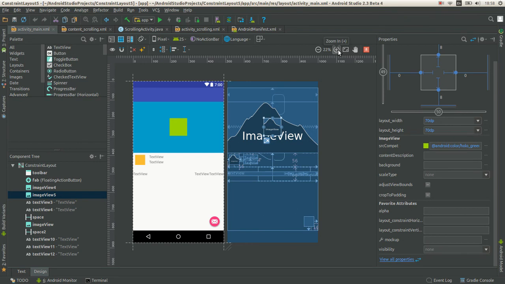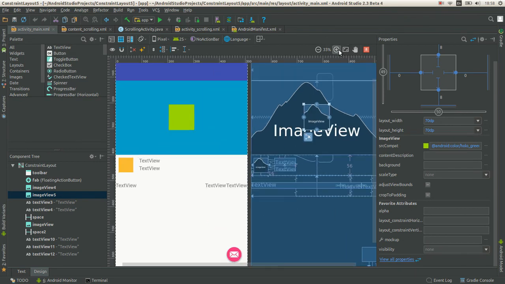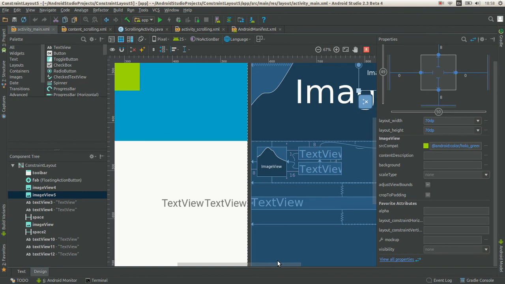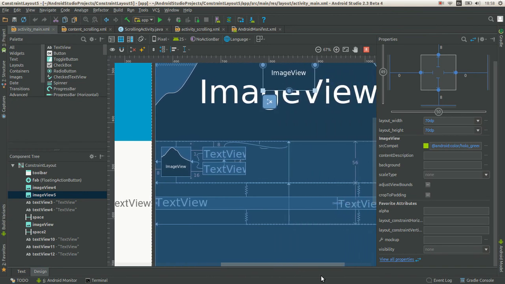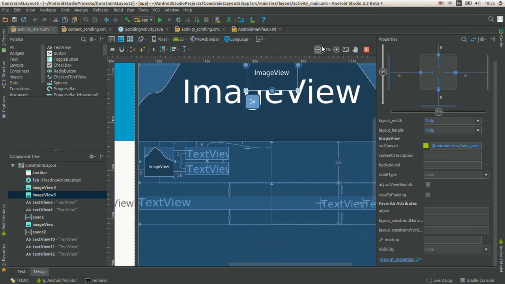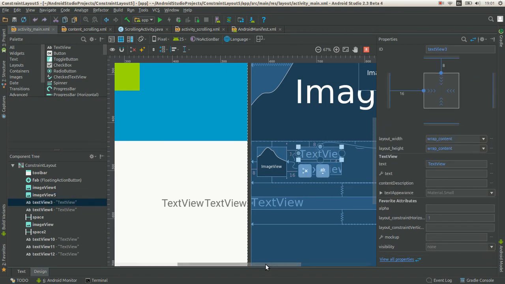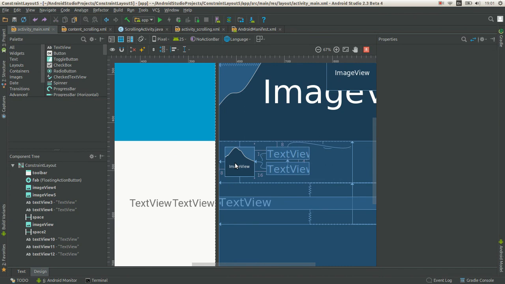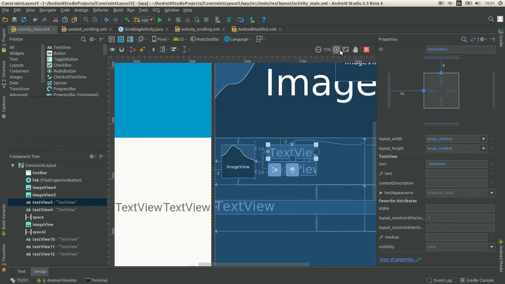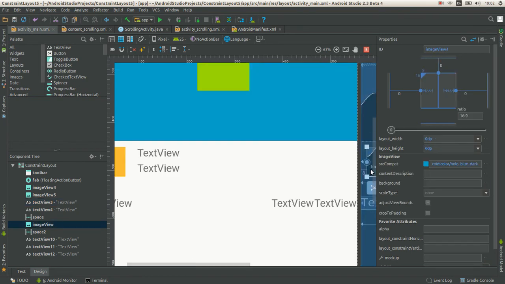Alright, and here goes the first tip: zoom in. That's really helpful when you have cluttered layouts with lots of elements. It is really hard to set up constraints. Zooming in really helps. So for example, I need to set constraints for those 2 text views and an image view. It would be really hard to do anything properly without zooming in,